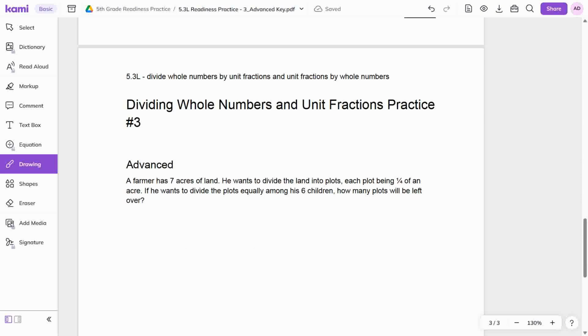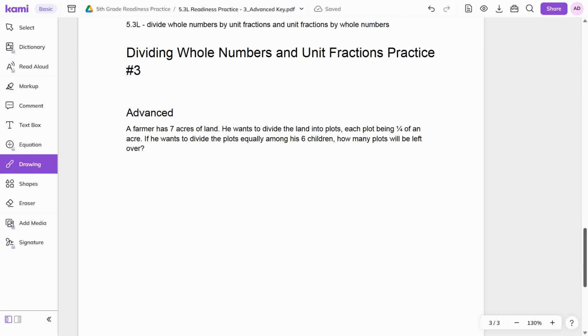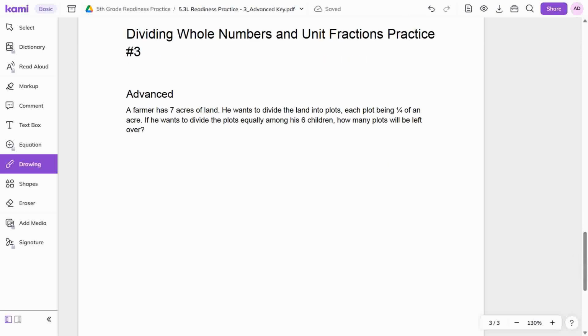So we have a farmer, 7 acres of land, wants to divide the land into plots, each plot being 1/4. And then he wants to divide the plots equally among 6 children. But here's the question, how many plots are going to be left over? All right, so let's do this. Let's take